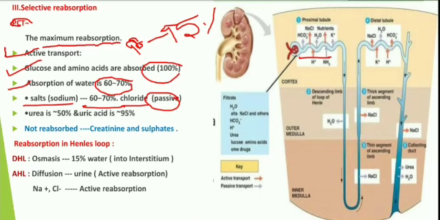Just look at this diagram. Whatever arrow marks they have given in orange color represent active reabsorption. Sodium chloride and nutrients, sodium chloride, bicarbonates, all these are reabsorbed by the process of what? Active. And the remaining ones in ash color indicate passive reabsorption, like bicarbonates, water, potassium ions. They also get reabsorbed in the PCT by the process of passive reabsorption or passive transport.